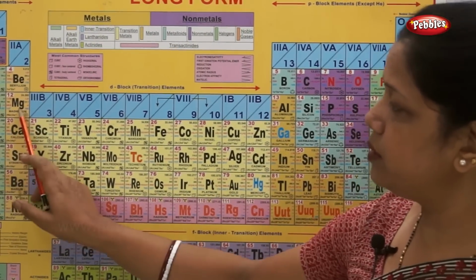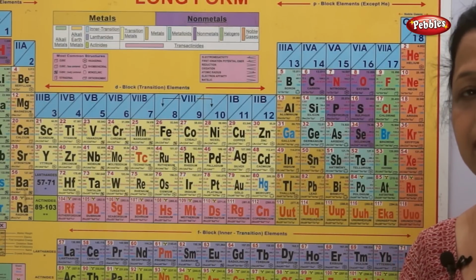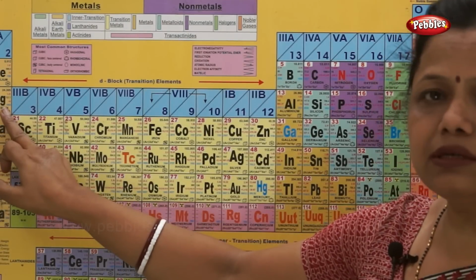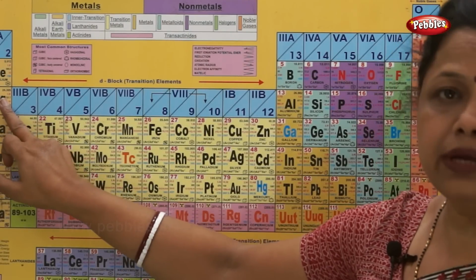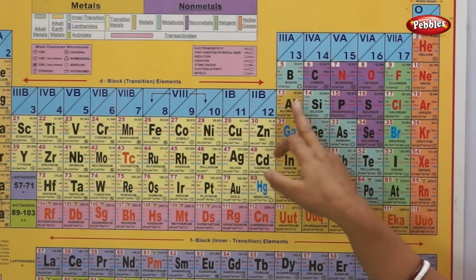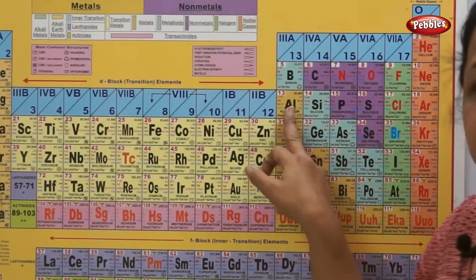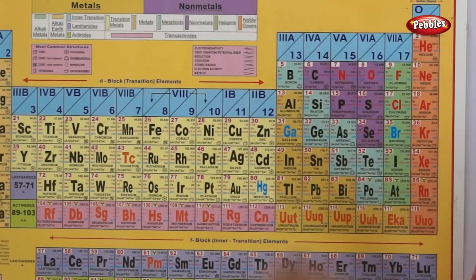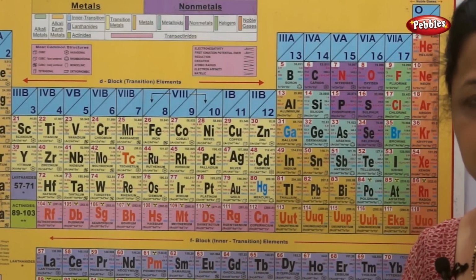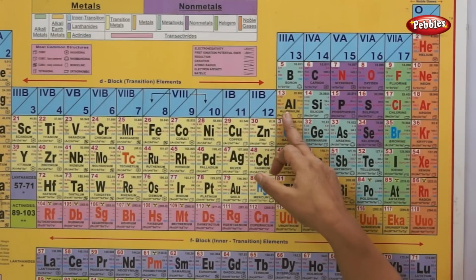As I go to the next one, magnesium, the atomic number here is 12. So the electronic configuration becomes 2, 8, 2. Now you saw the number of valence electrons increasing, therefore the valency is also increasing. We are not considering these transition elements. We will directly come to number 13 here, which is aluminium. Now if I divide this into electronic configuration, I get 2, 8, 3. Now 3 is the number of electrons which is given out. That means the valency is 3. So 1, 2, 3, it has increased.